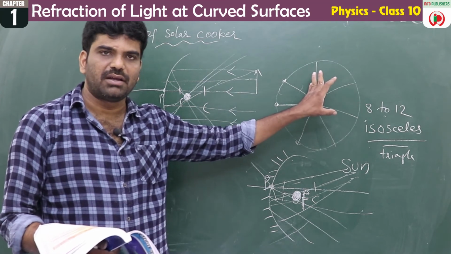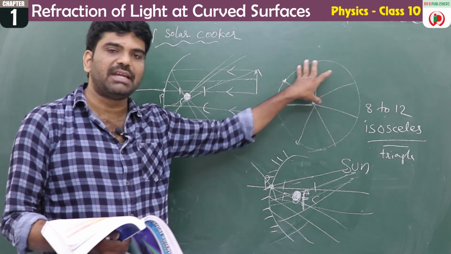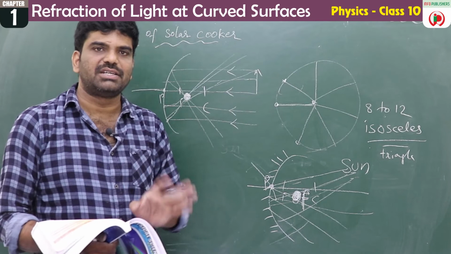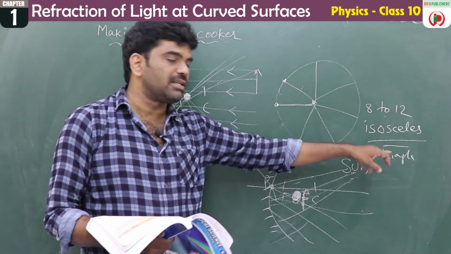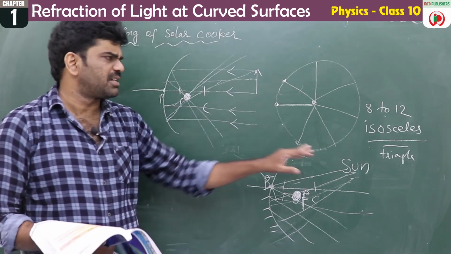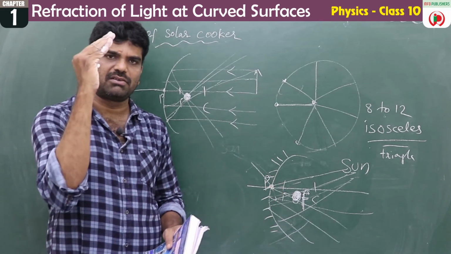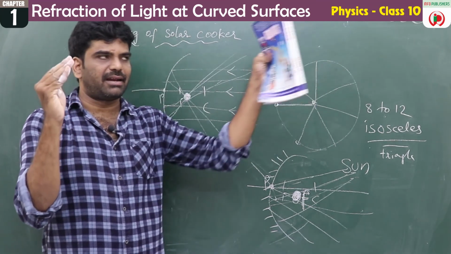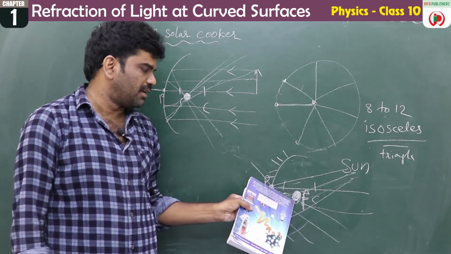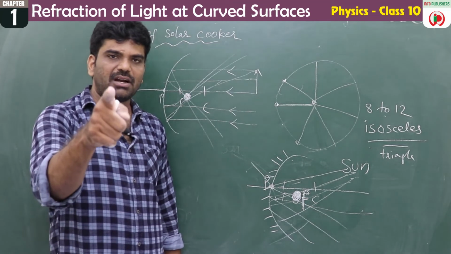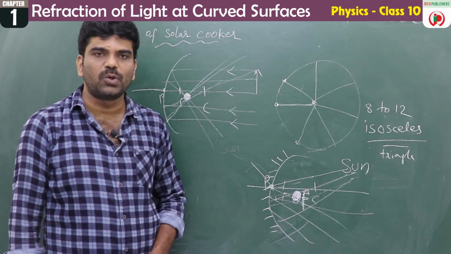How to make a solar cooker? You'll be seeing the TV dish antenna now, right? You just make an iron frame in the shape of a TV dish. Don't take the TV dish itself, you can take the shape only, and you cut 8 to 12 isosceles mirror strips. You attach these and face the concave part to the sun. The rays will be incident on the concave part and get reflected. All the reflected rays meet at a point, called the focal point. You can keep rice or curry or whatever there, and that is enough to cook your rice.